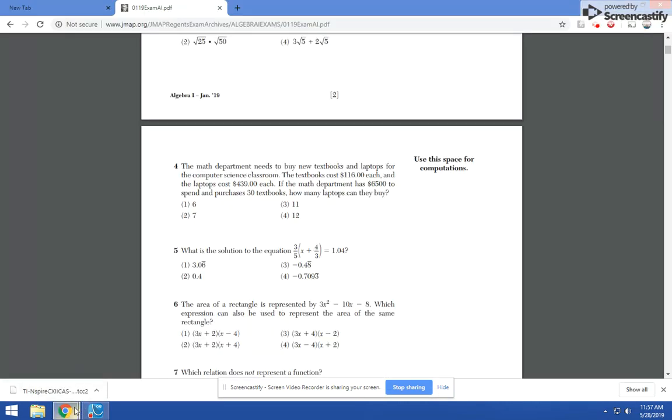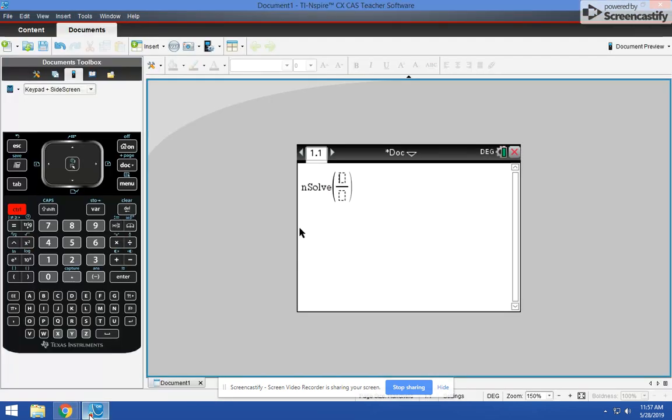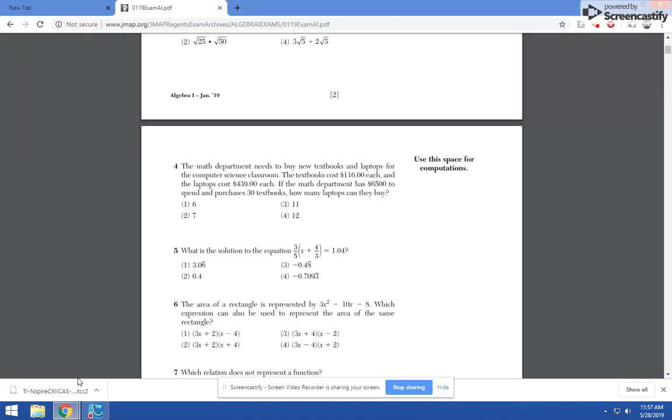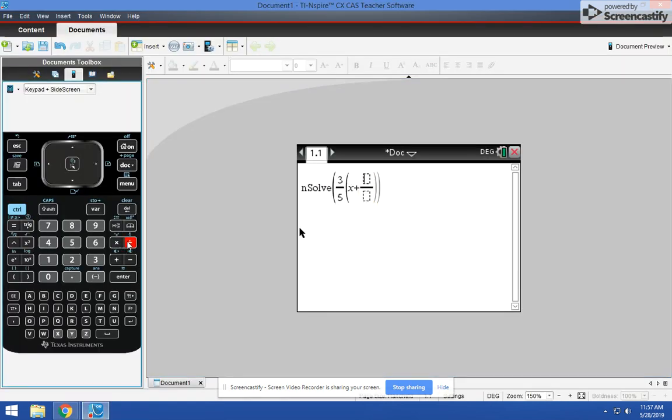as you see it. So 3/5, and if you hit Control divide, and I'll do it again in a second, you're going to end up getting the fraction template. So 3/5 times x plus 4/3. So Control divide is where you get your template. 4/3 equals